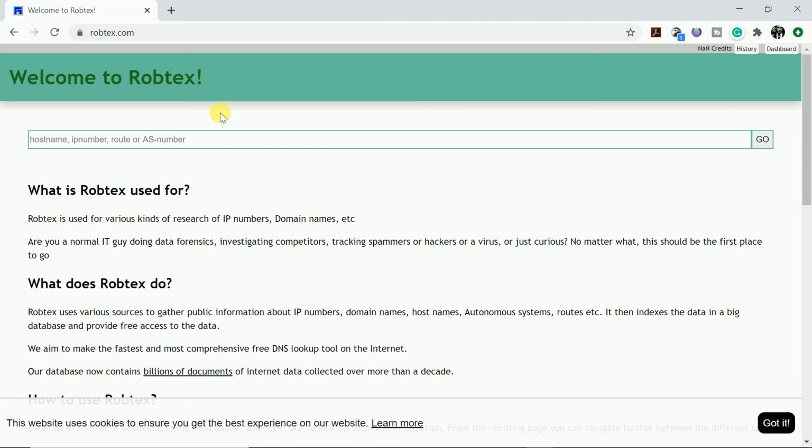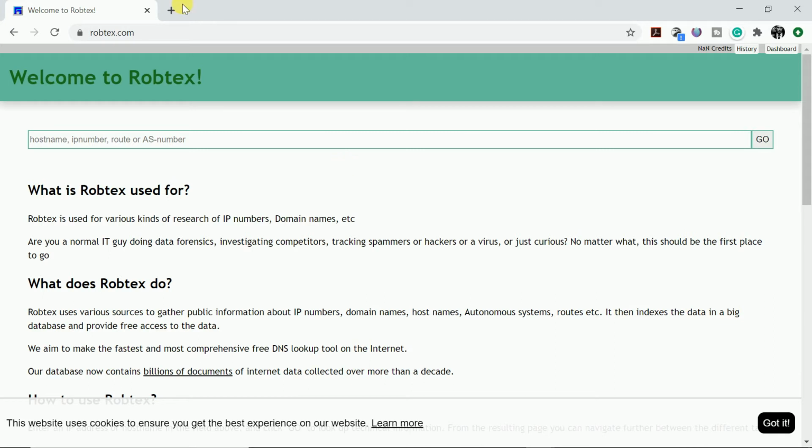So I would recommend that you first log in to robtex.com. It will allow you to log in through your Google account. So just log in to it. Don't buy any of this stuff on robtex.com if you are just trying it, because for more access you have to buy some credits. So I don't want you to do that. Here you just have to put the domain name or the IP address, and press go, and you will get all the information regarding that DNS information.